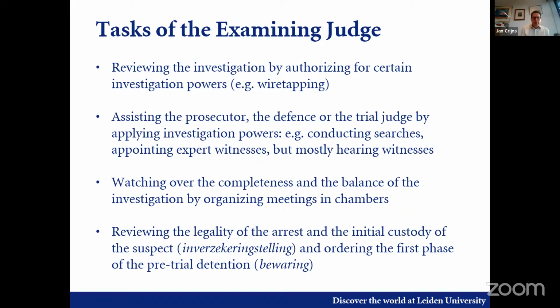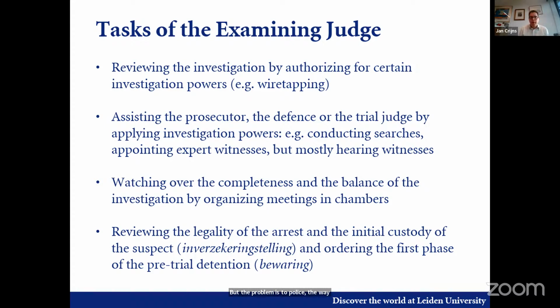But the main task in the pre-trial phase for the examining judge is to hear witnesses. I told you in the first lecture that most witnesses in Dutch criminal procedure are heard in the pre-trial phase, not during trial. We mostly hear our witnesses in the pre-trial phase, sometimes by the police and sometimes also by the examining judge. Of course, the hearing of a witness in most cases will be done in first instance by the police, but the problem is at the police,